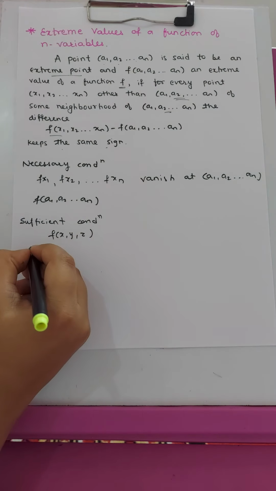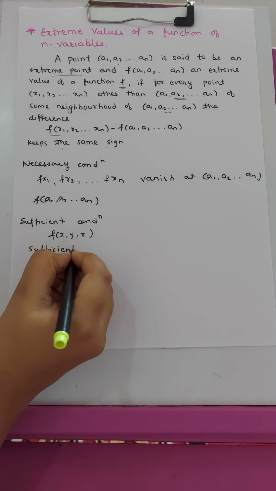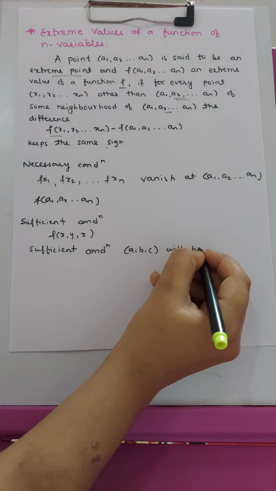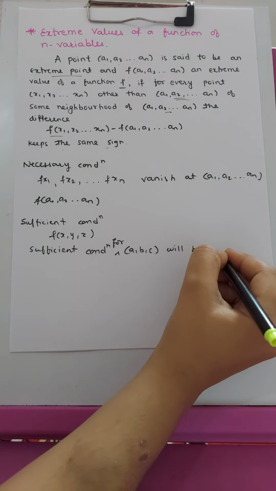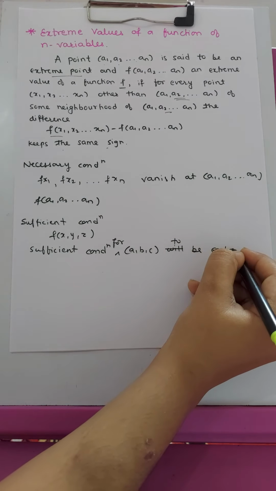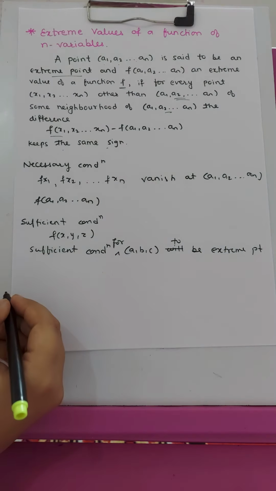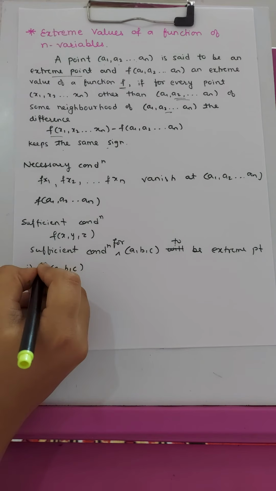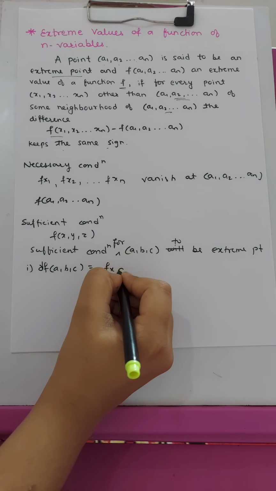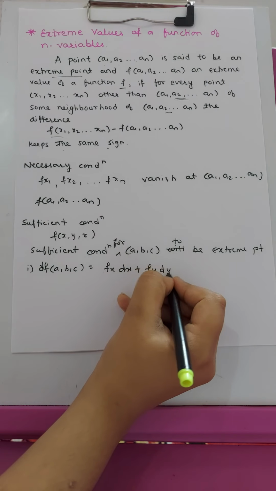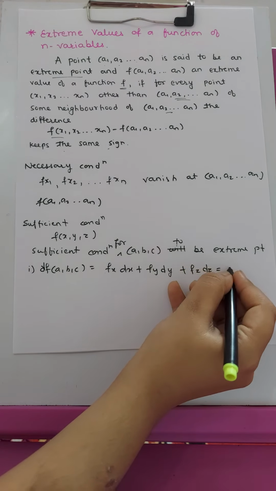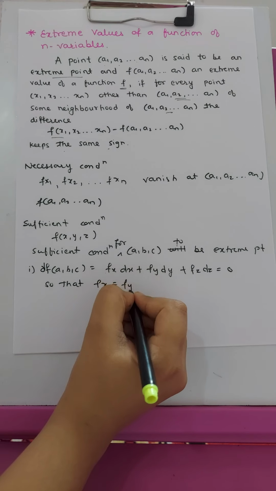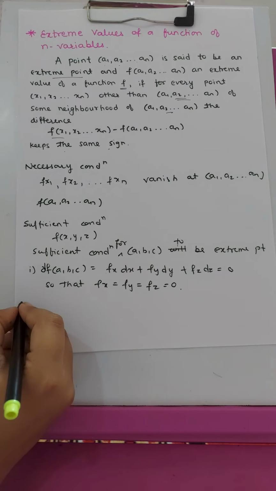Then the sufficient condition for the point a, b, c to be the extreme point is, first, that the differential of f at a, b, c, df, is equal to fx dx plus fy dy plus fz dz equals 0, so that fx equals fy equals fz equals 0. And the second condition is